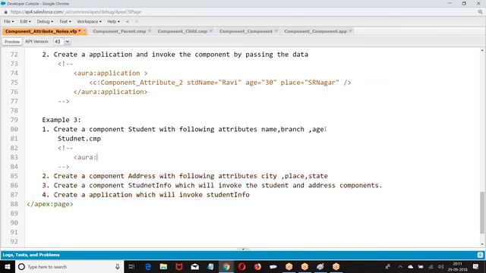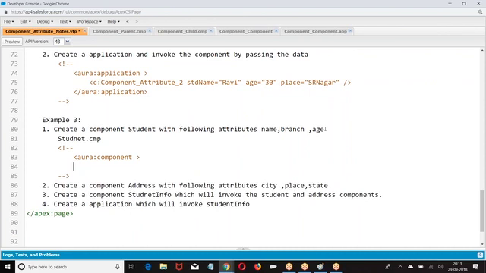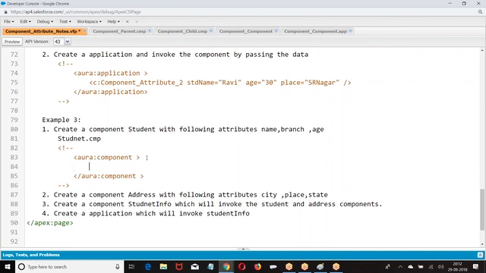Let us do the basic example first, then we'll pass it values. Component. So you define your attribute, type equal to string.